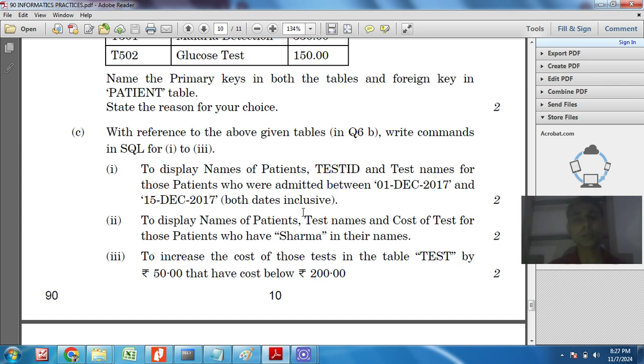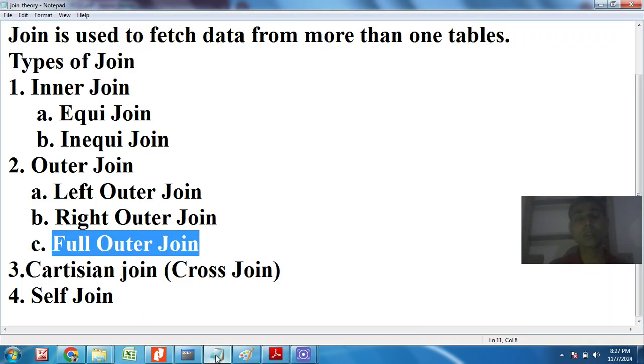Now look at the types of join. Which type of join can we use? First of all we can think of inner join. Now I will give you time to think what type of join it will take. Take some time. I will not directly give you the answer, because if I do, your concept of which type of join to use will not be cleared. Just take some time.